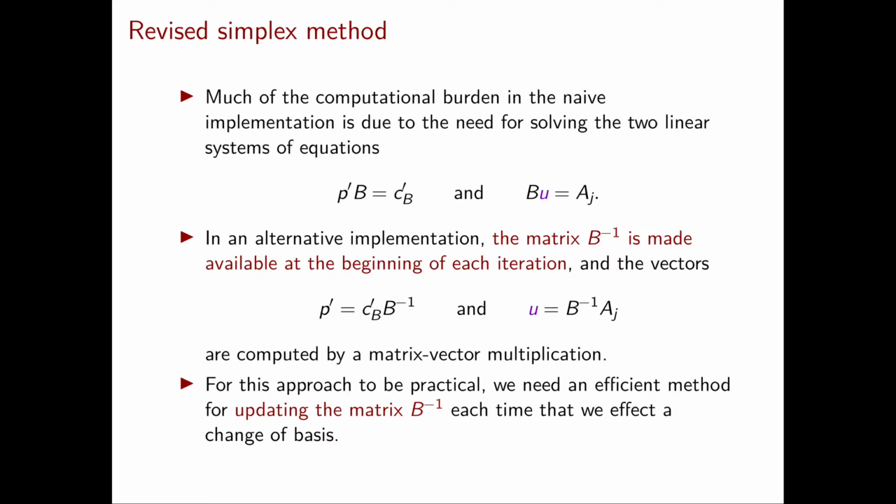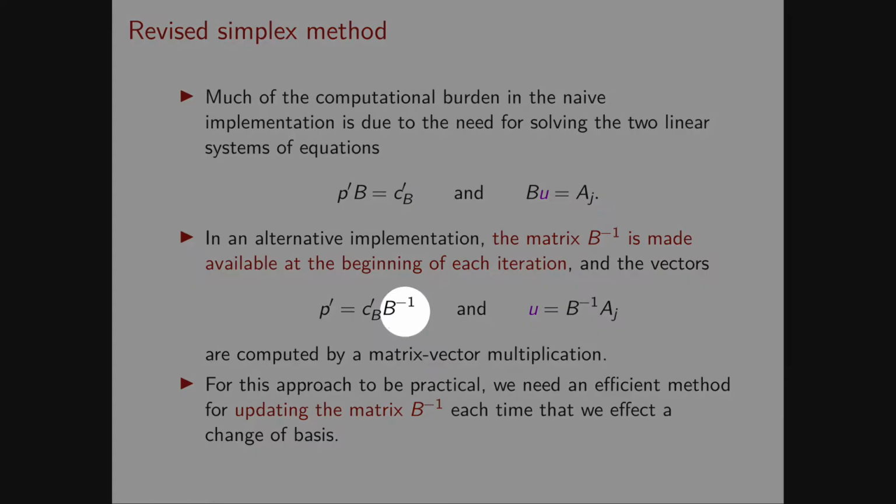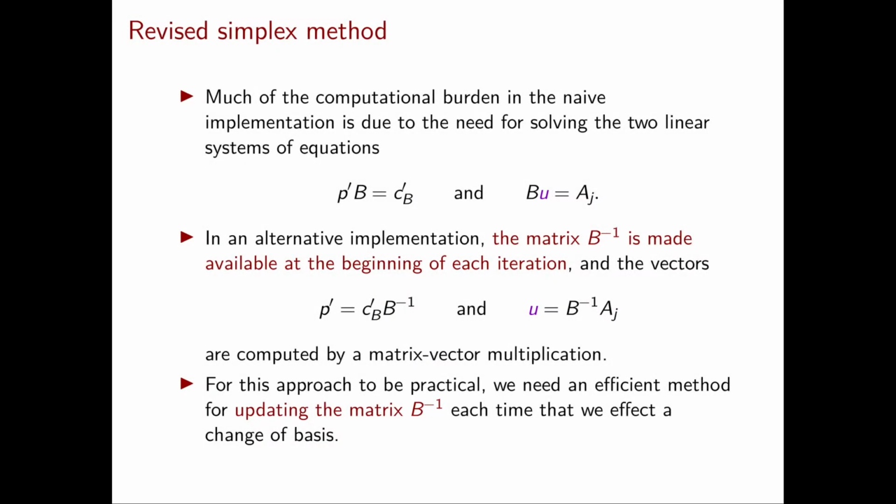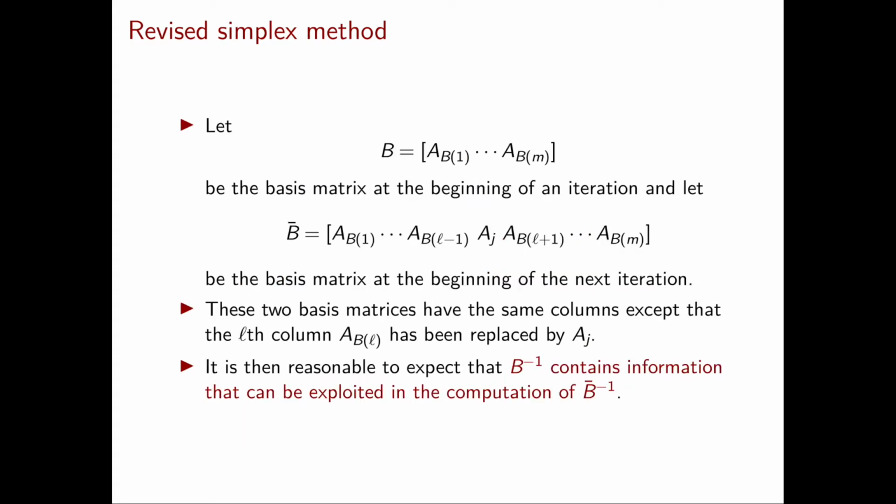So in order to obtain this better runtime in the revised simplex method, we need a smart way to construct B inverse at each iteration that doesn't require m cube operations. Why should we be able to do this? What is the idea behind this? Well, everything starts from a very simple observation. Namely, that the basis matrix B doesn't change very much from iteration to iteration.